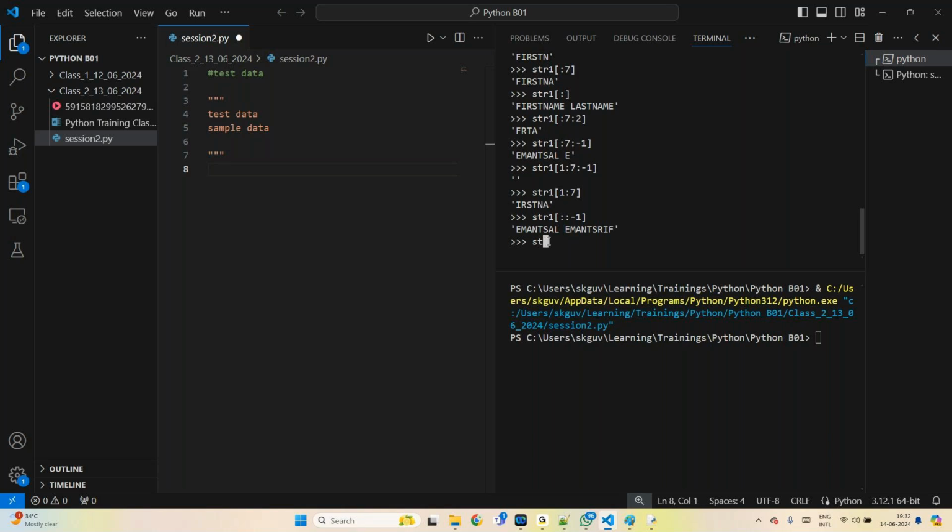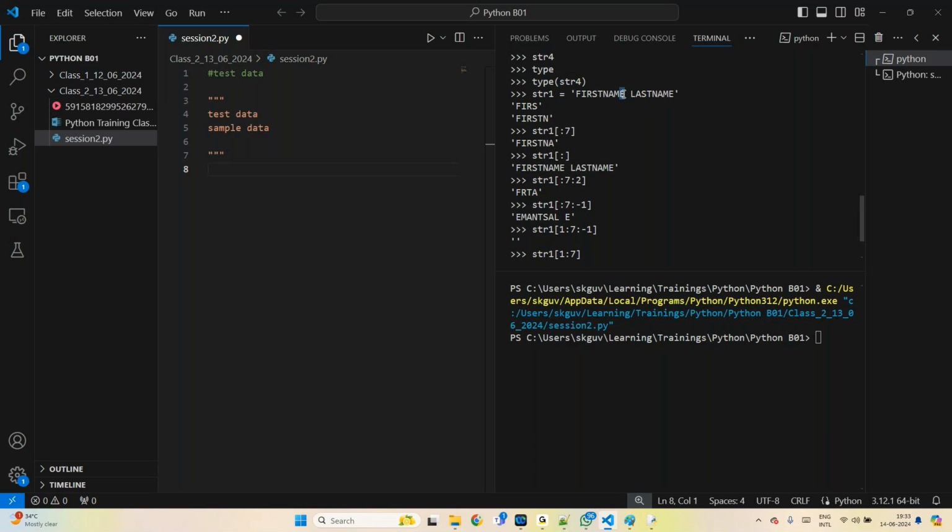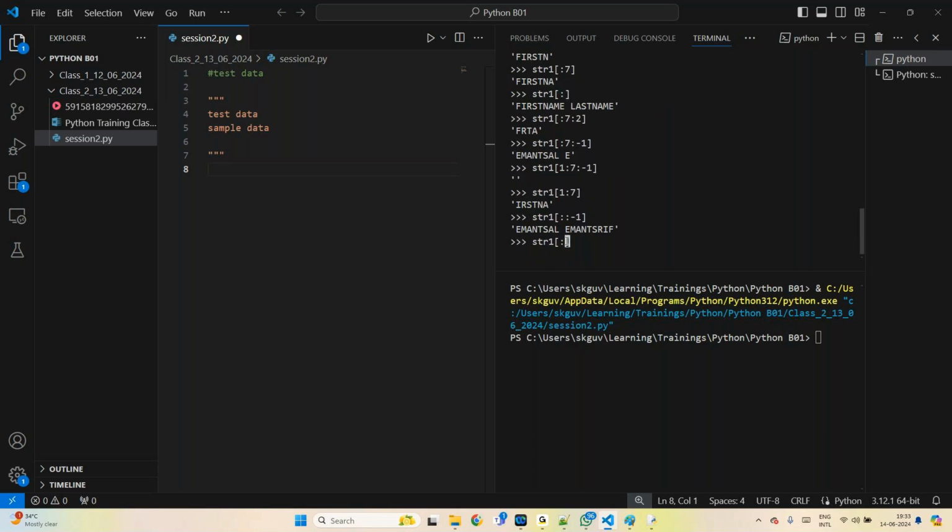str1, from starting to end. This is the end index, not the string. This is the 8. You can give 9. I think we need to give colon. Okay, is it correct? I think we are concatenating the